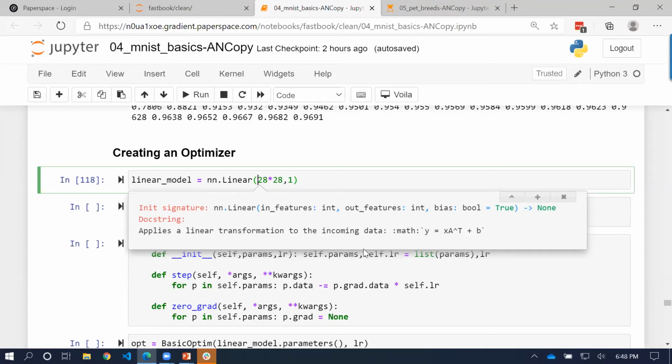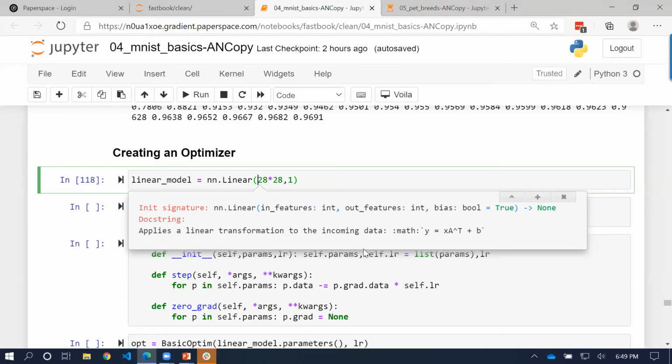The bias is a Boolean figure, and by default, it's true. So we don't need to create the, you know how we separated in the previous example in the init params where we created one for bias, but in the linear model, by default, it creates a bias. So this is equivalent to exactly that same thing with the tuple. So the one here isn't for the bias. It's for the out features,